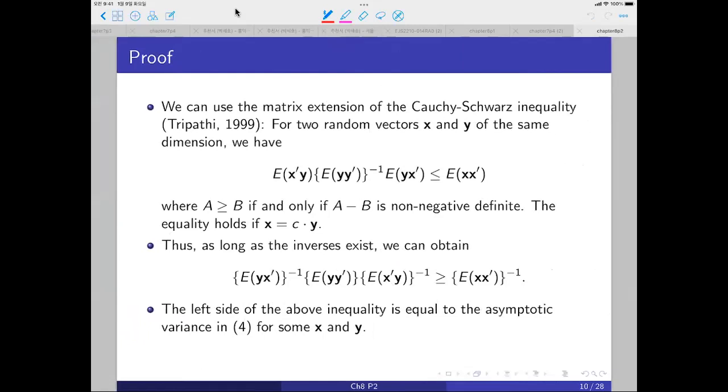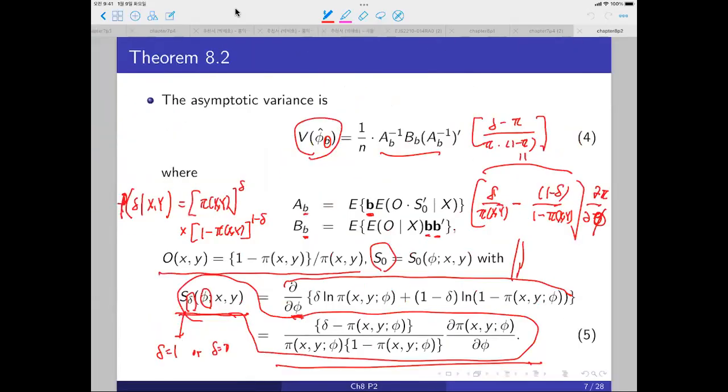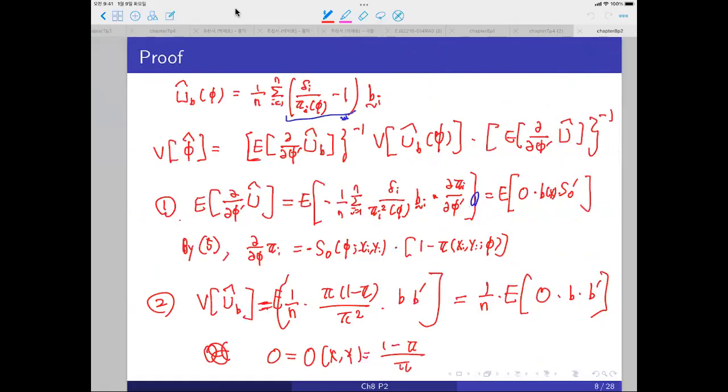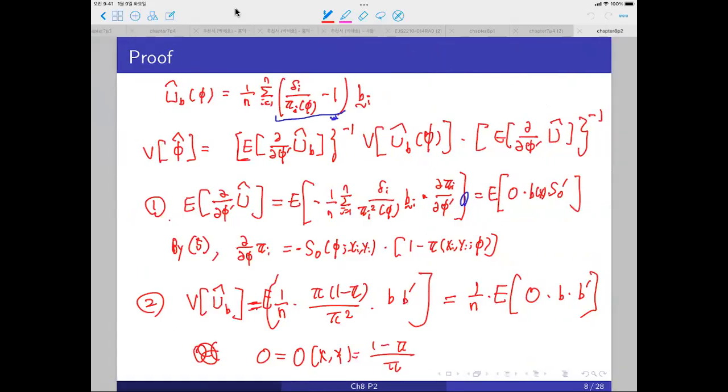I have a question on page 7. We just proved that big B is equal to the expectation of O times B prime. And here, I think we take the conditional expectation. But B is a function of X, so why can we take it out? Because we take expectation. I see your point. This is O times B times B, but B is a function of X and this is a function of X and Y. So this is a joint expectation, and you can regard it as the marginal expectation of the conditional expectation. So you can write it as